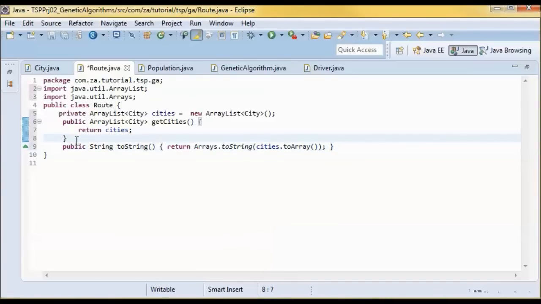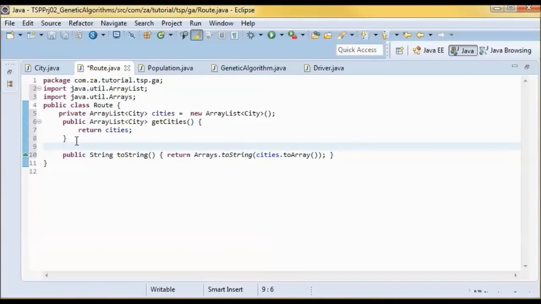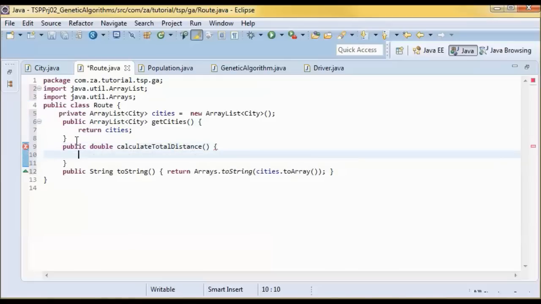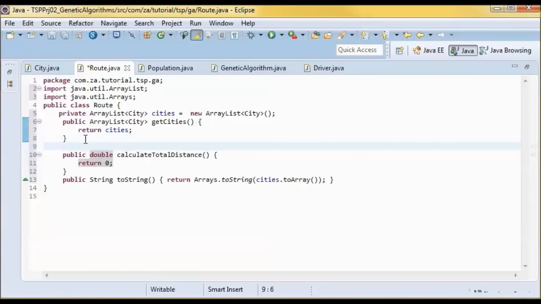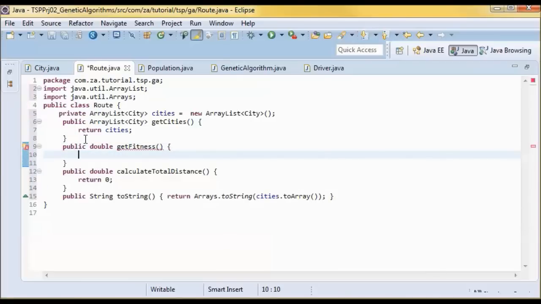And I need a method that calculates the total distance in this route. So let's return 0 for now. And we also need a method that determines the fitness of this route. Let's also return 0 for now.